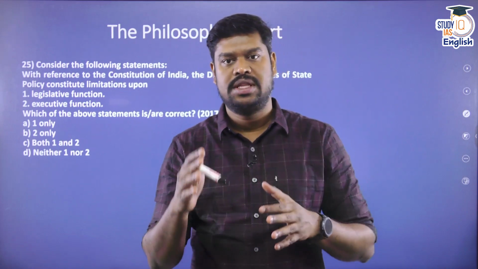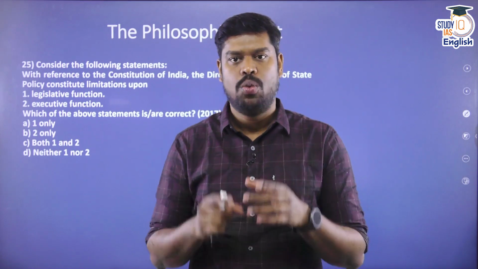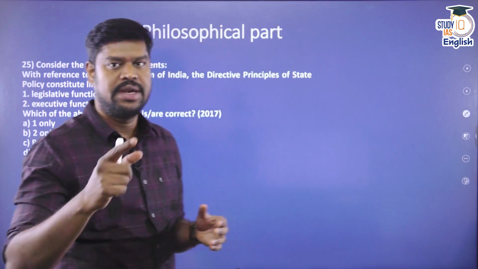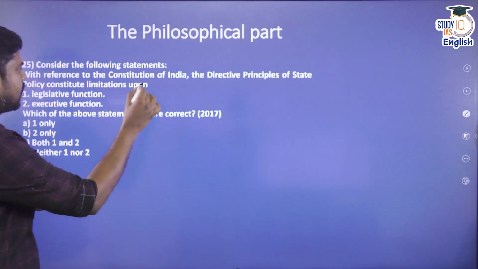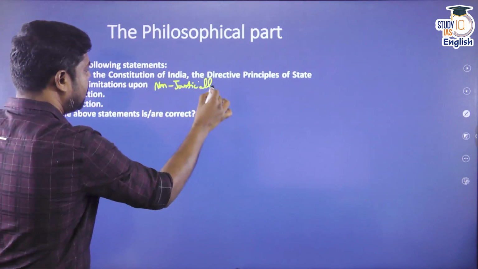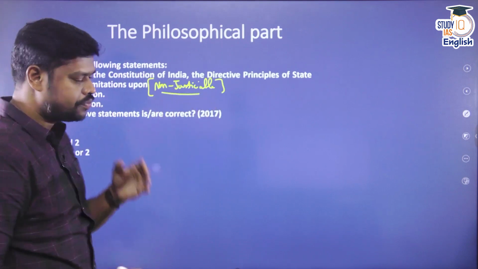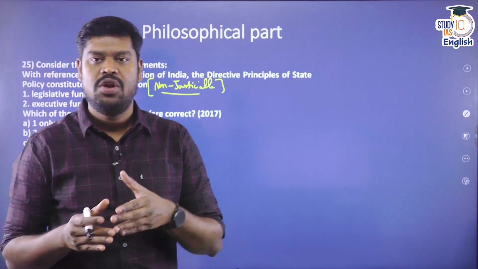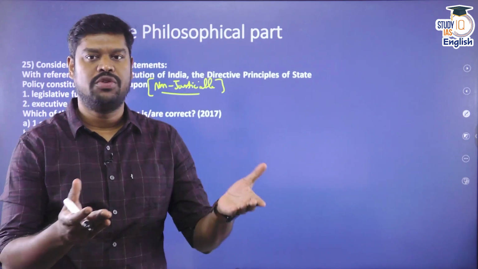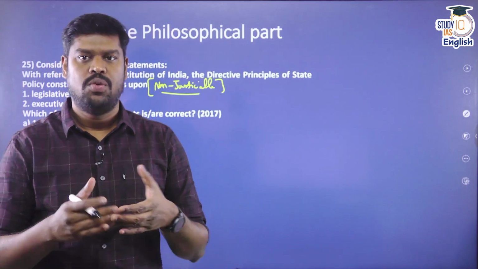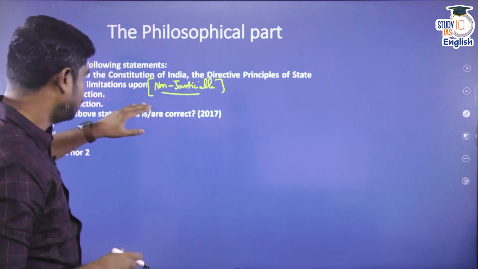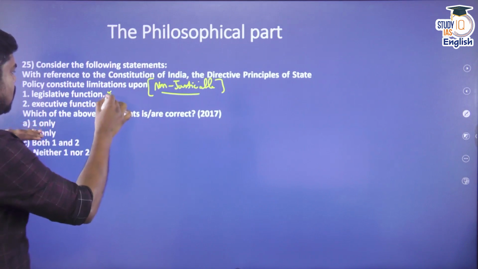It does not restrict the power of the Parliament or the state legislature. Why does it not restrict that power? Because we know that the directive principles of state policy are non-justiciable in character. When you know that it is non-justiciable, then there is no restriction upon the power of the Parliament or the state legislature to make laws. Or in other words, any law made by the Parliament or by the state legislature cannot be challenged merely on the ground that it is violative of the directive principles of state policy. If they want, they can implement it. If they want, they can make any law, but it is just a moral obligation. So this is not a limitation.